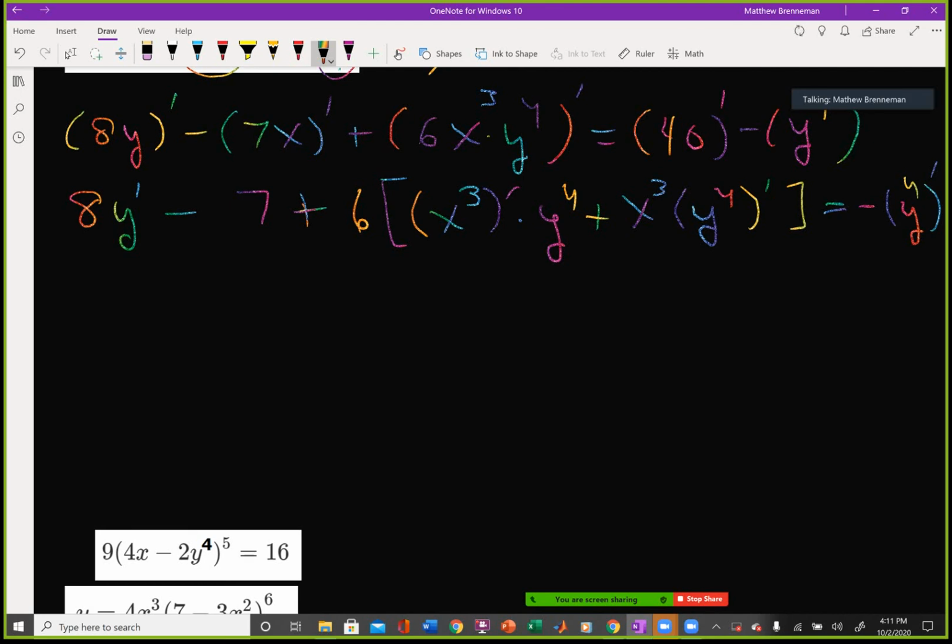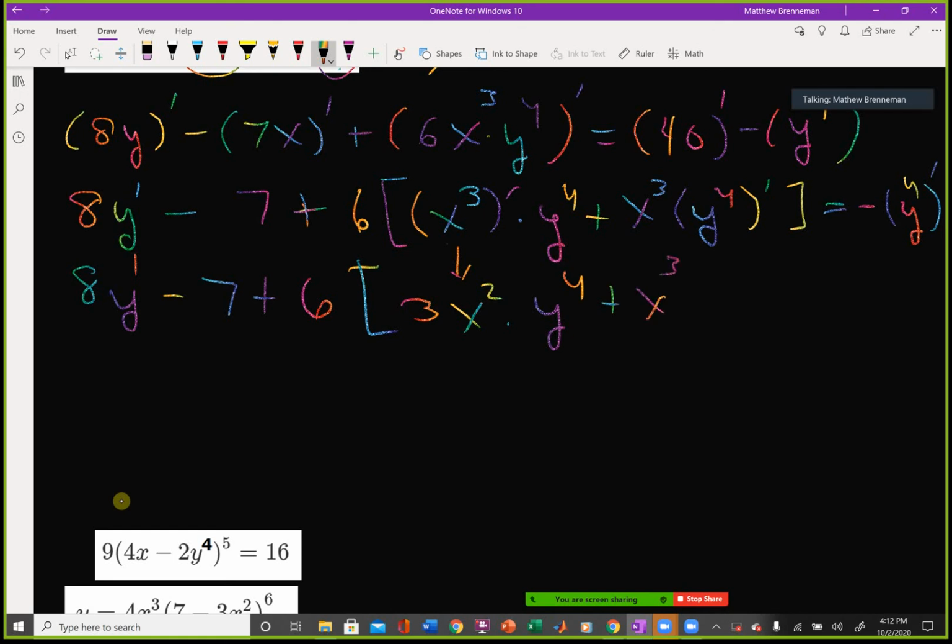And now I see that all I have is the power rule and implicit differentiation, and that's it. So let's go ahead and do that. I'm going to have 8y prime minus 7 plus 6 times, and this first term will be 3x squared times y to the 4th